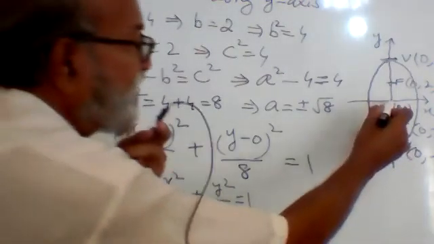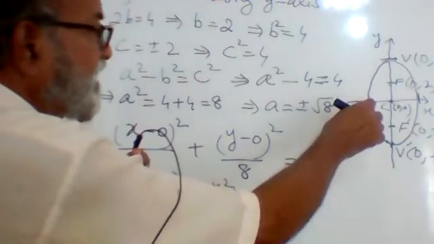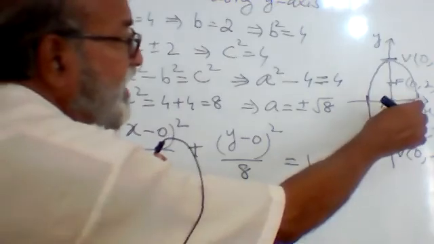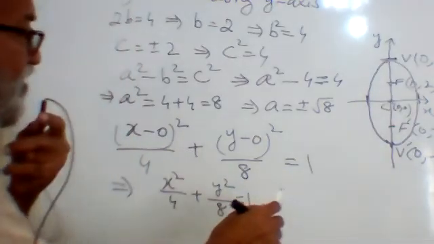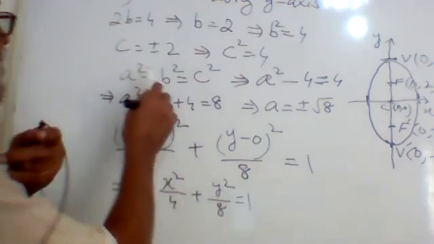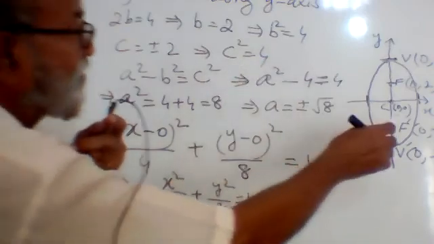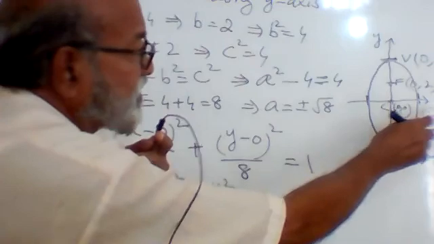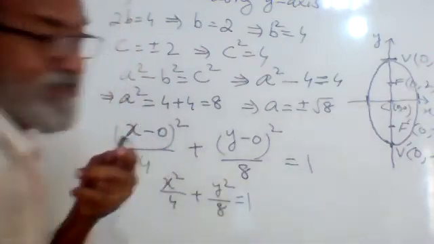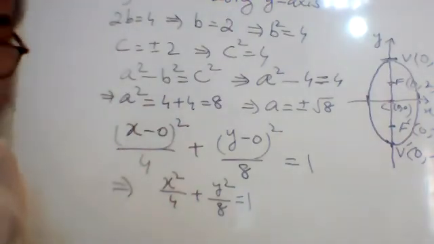And here will be the value of B. If you want to write it over there, you can, but it is not necessary. Here the x coordinate is changed from 0 to x. So C, this is B. So B we found is 2. So it will be 0, 2 plus 2, so 2 comma 0, and here minus 2 comma 0. These are the ends of the minor axis.